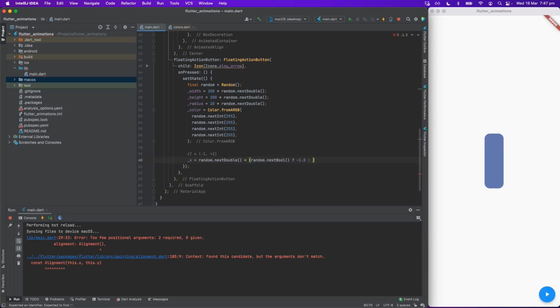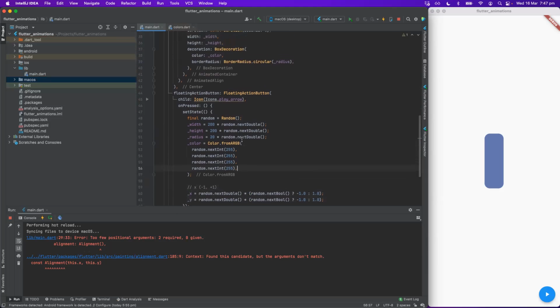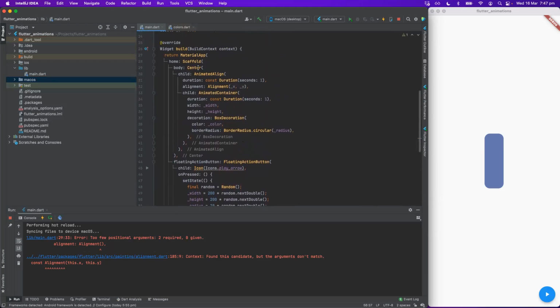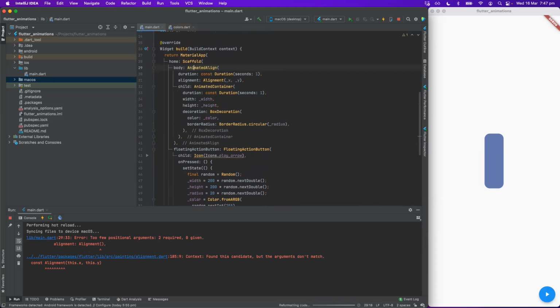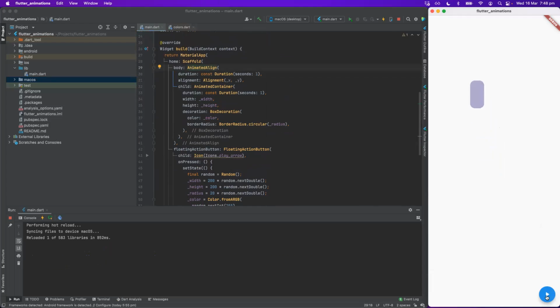If it's false, it's gonna be +1. Cool. And the same for Y. And with that, I can probably remove the center because I no longer need this to be centered. So I'm going to just remove this widget. And let's play and see. And voila. So yeah, this container now just jumps across the screen, changes the color, size, opacity, everything.